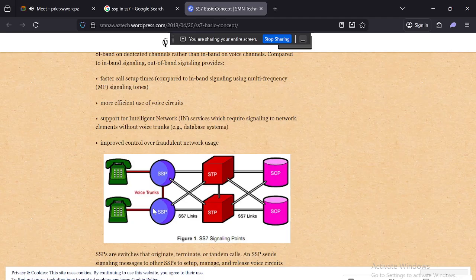Okay. Now, when we go to another thing, the signal transfer point, it can route messages and calls in SS7, and SCPs only hold the databases. That's it. It's like a database center in the cloud or in SS7 that holds the services and routing, whether prepaid, postpaid, VoIP, etc. These are things that are handled in SS7.